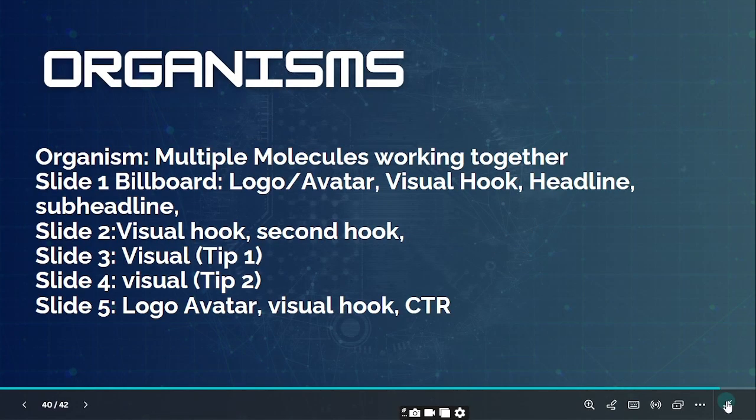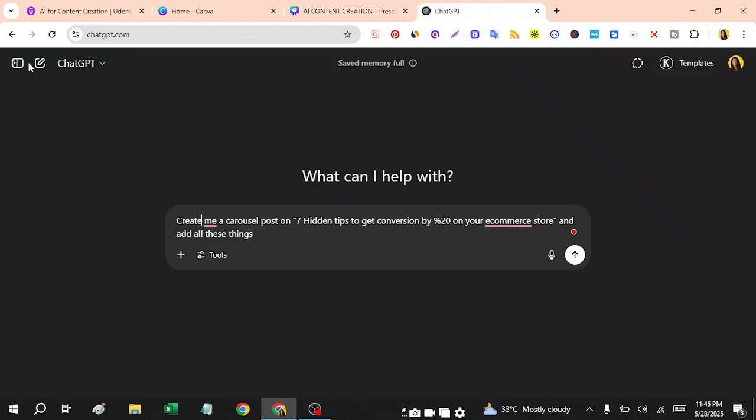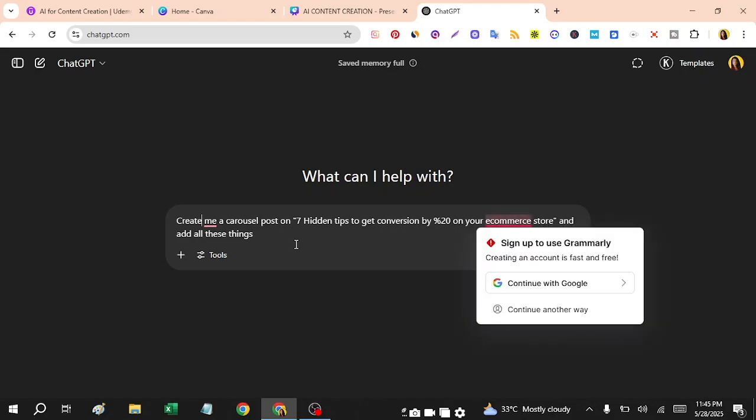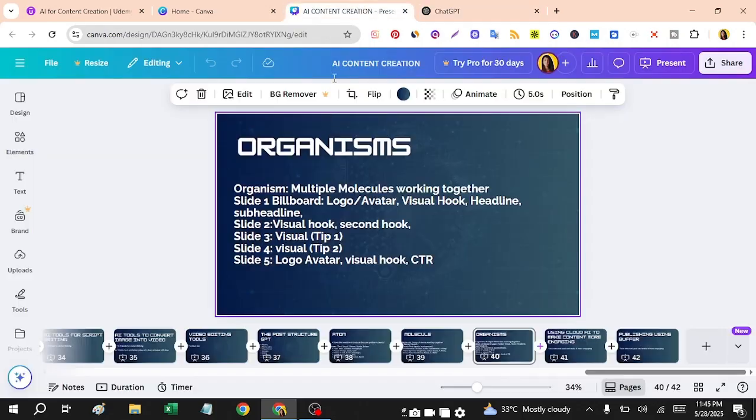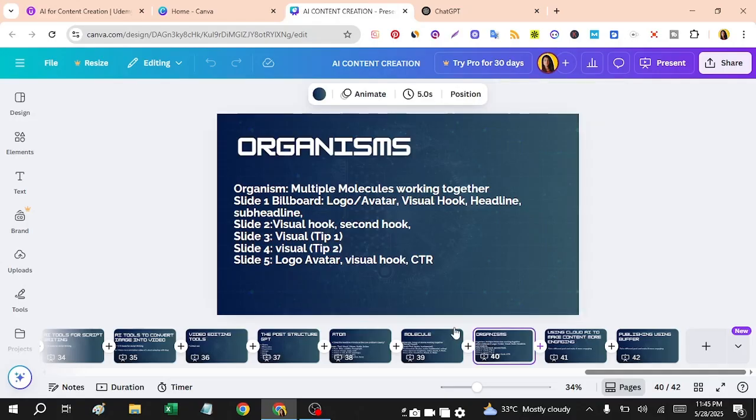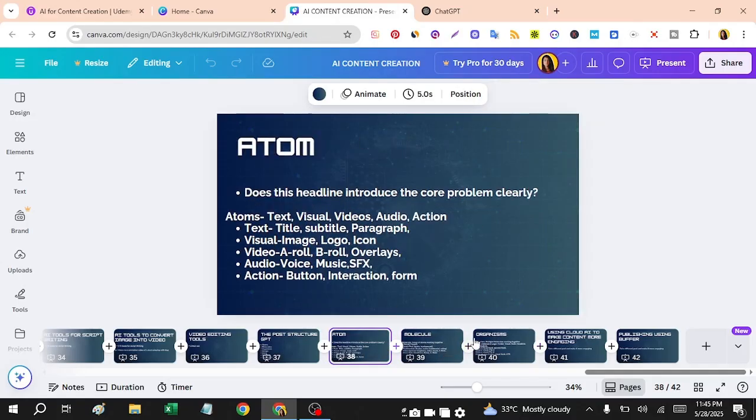Let me show you. Just come to ChatGPT, and then you're creating content, say for e-commerce. Here you can see: create me a carousel post on 7 hidden tips to get conversion by 20% on your e-commerce store. I would want to post on this and create a carousel. So I let this tool know to add all these things.